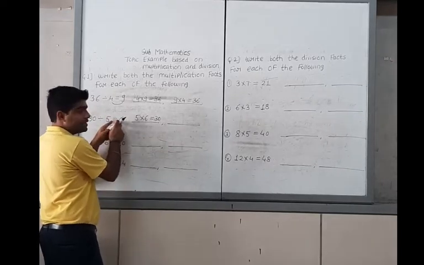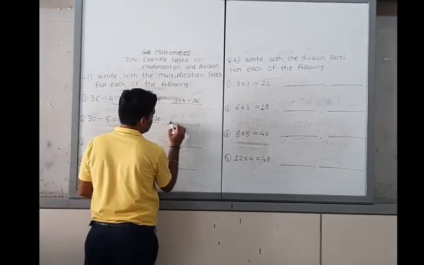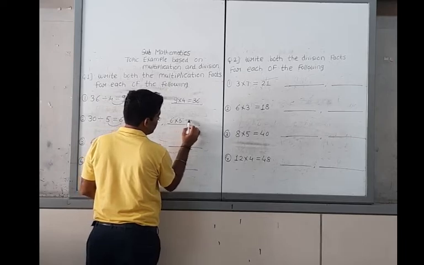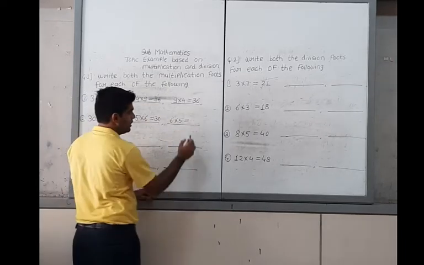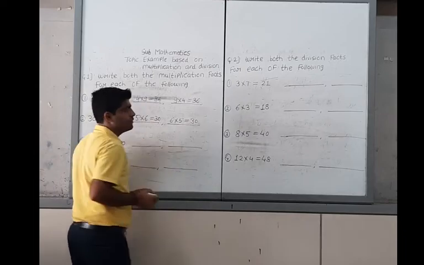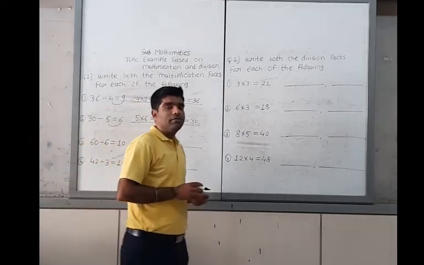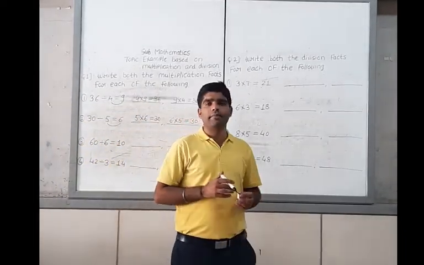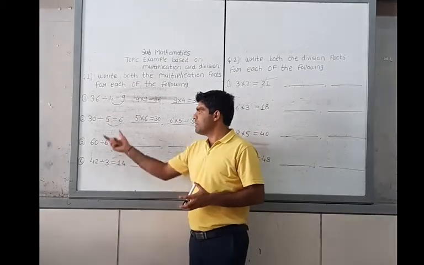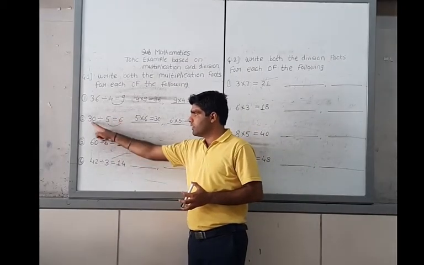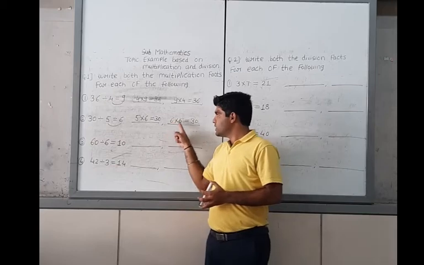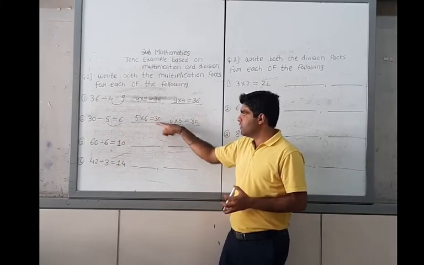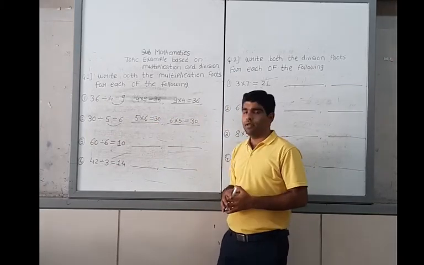Same way, this is 6 multiplied by 5, because 6 fives are also 30. This is all both the multiplication facts of the example. It means we use simple multiplication, because 5 sixes are 30, and 6 fives are also 30. This is 30, and this is also 30.